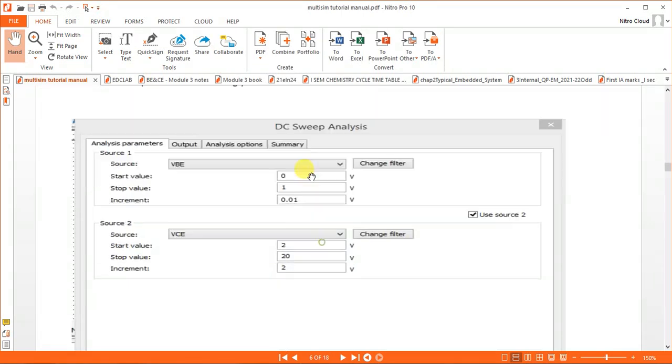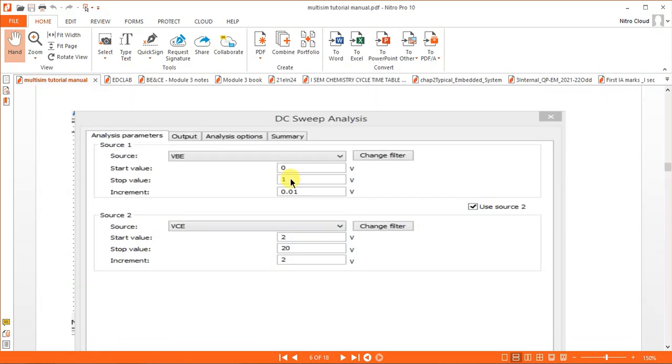VBE should be varied from 0 to 1 volts with a step of 0.01 volt, and you have to keep the output constant. So click use source 2 and select that. Set VC, the output, to be kept constant: starting value is 2, stop value is 20, and increment with a step of 2.